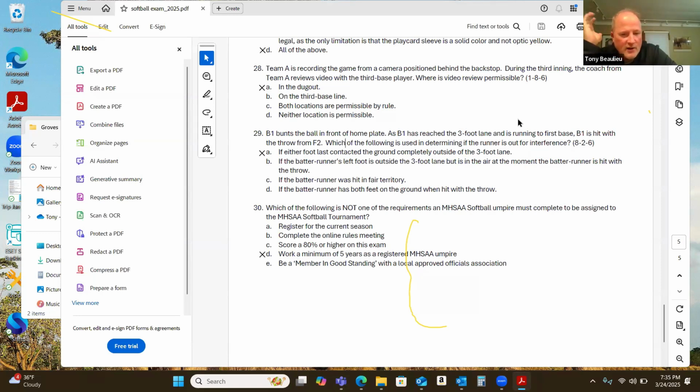You could be in your first year as an MHSA umpire and do tournament games. And in fact, if you're in your third or fourth year, I would expect it, or at least if you're doing all the paperwork, you'd have the right to contact the state and say, hey, how come I'm not advancing in the playoffs? But remember that the districts are assigned by local assigners, so please follow up with them for districts, which I believe are on the 31st of May,